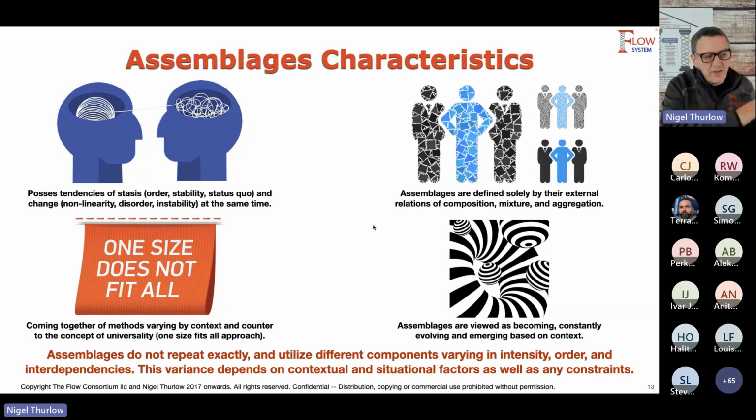So you have to start to look at things as the system is continuously evolving. And while patterns are useful, we want to utilize different components in different contexts with varying intensity, order, and interdependencies, as the slide says. So this is some of the theory behind assemblages and using assemblies to try and find